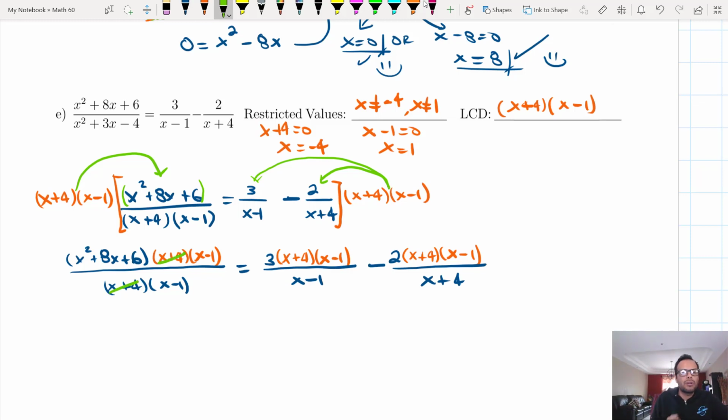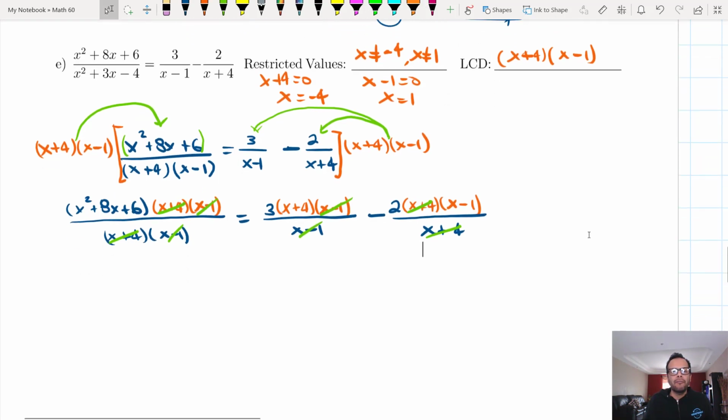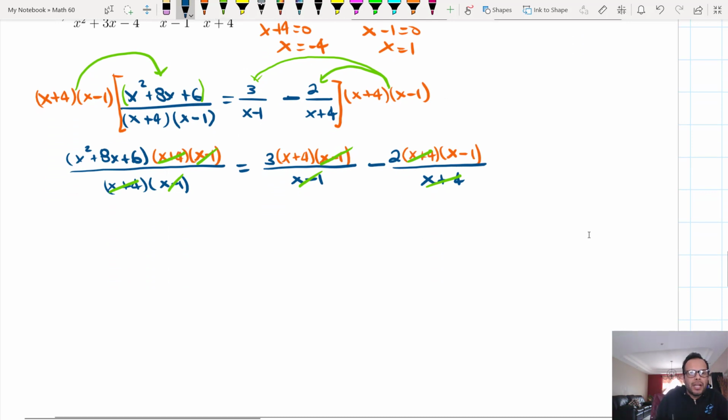Notice how the x plus 4 cancels that x plus 4 on the left-hand side, also x minus 1 with x minus 1. Looking at the first term on the right-hand side of the equation, that factor x minus 1 with x minus 1 goes away. And the factor x plus 4 goes away on the second term of the right-hand side of the equation. So at this point, let's write down whatever we were left with. So we were left with only x squared plus 8x plus 6